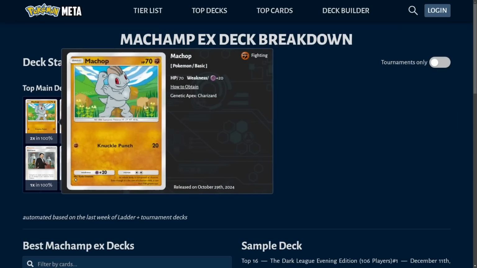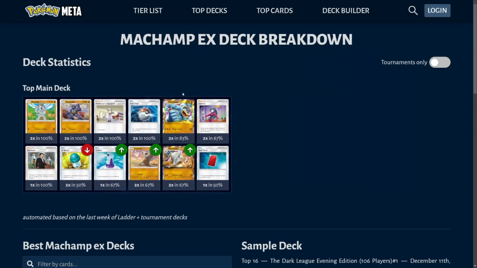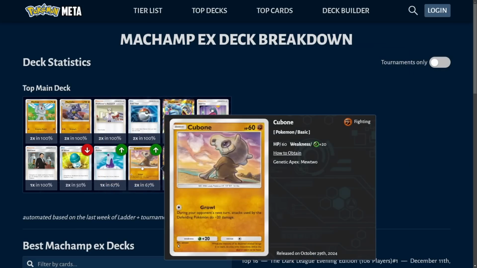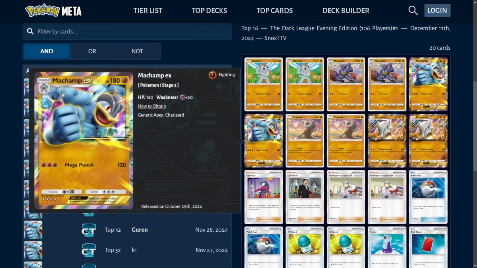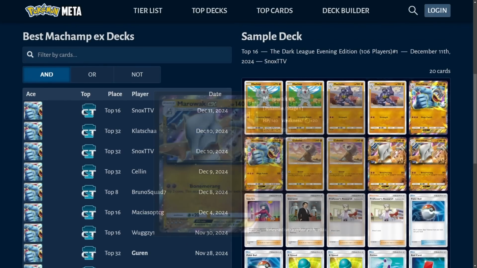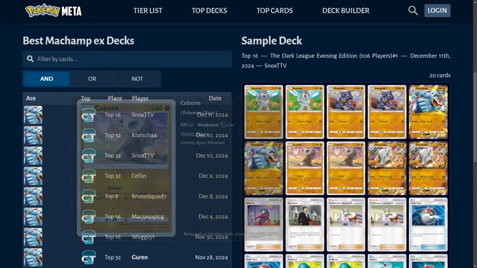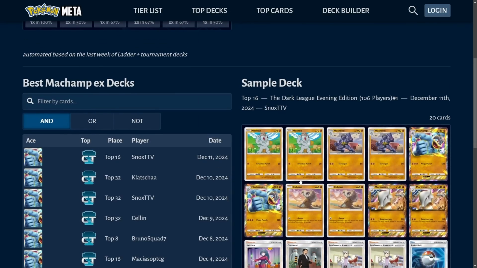Now, of course, you do need to draw well, right? You need to draw all 3 of those Pokemon for that perfect line. But honestly, in a 20-card deck, you're drawing it more often than you think you would. And this does also run 2 Cubone, 2 Marowak as sort of a backup strategy here. I think you could also run other Pokemon such as the Primeape and Mankey. You could also run Sandslash and Sandshrew, or you could also run Diglett